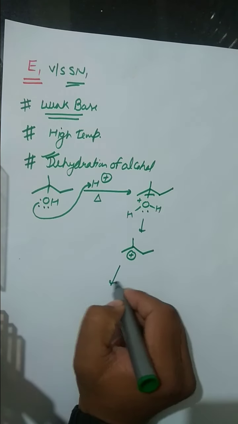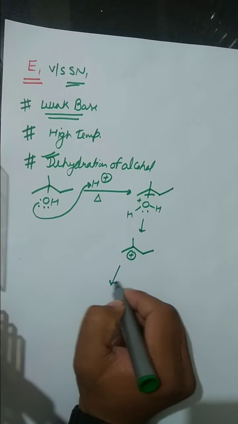And there is formation of a double bond and our product is formed. So dehydration of alcohol always proceeds through the E1 mechanism, and the most important factor for any elimination reaction,